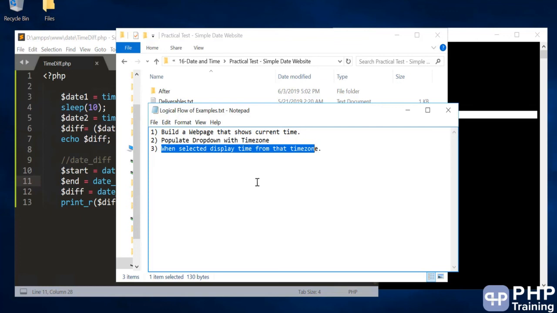It's a very simple exercise, and you can try to use the date timestamp methods that we have discussed here to show the different times based on the time zone on the web page. All the best for your assignment, and I'll see you in the next one.